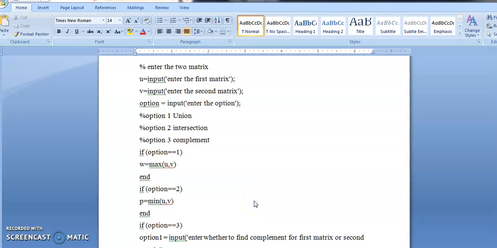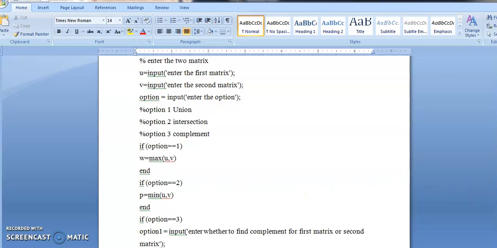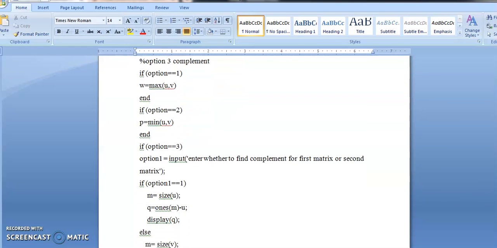If the user enters option 2, then the intersection operation will be performed. Here P equals min of U comma V, meaning the minimum element of sets U and V is calculated. If the user enters option 3, then the complement of the first matrix or the second matrix is calculated.